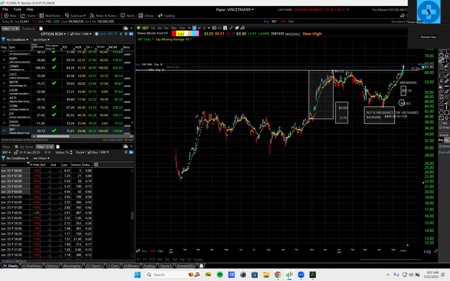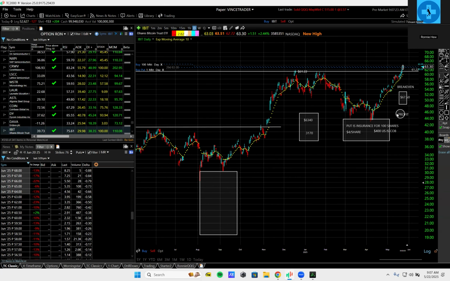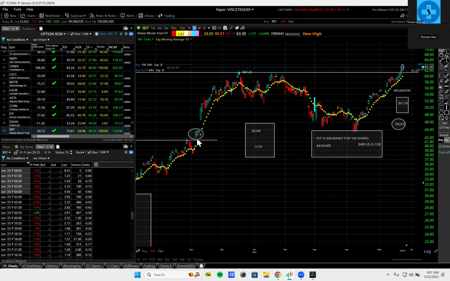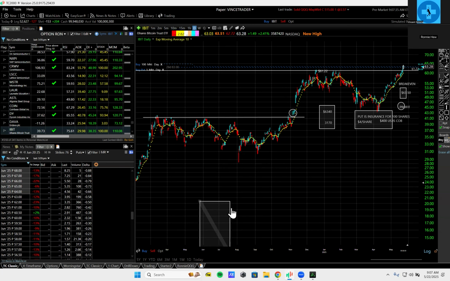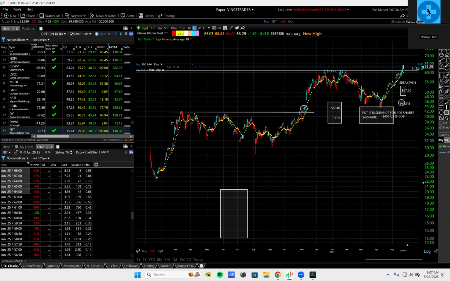You see, here he was stuck in a ceiling too. Back here. Every time he went to this line, came back down. But he broke the ceiling on this guy. A little circle here for you. This is where the Hulk, his whole body is above this little cage he was trapped in. That little cage is called a trading range. There's a defined ceiling and floor.